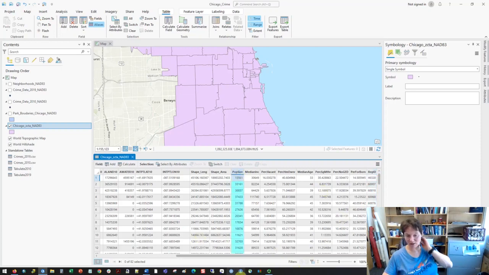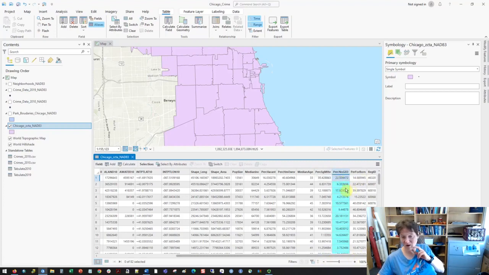So what we have here is population size, median income, the percent of homes that are vacant, the percent of homes that have a home owner. So rather than being rented, what percent of the homes where the owner lives there, the median age of a zip code, the percent of single mothers within the zip code, the percent of people who have no GED, so